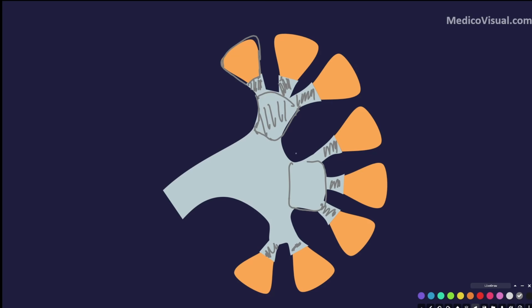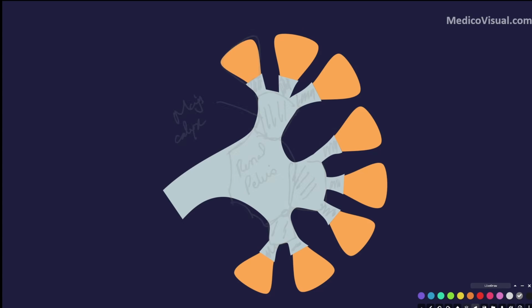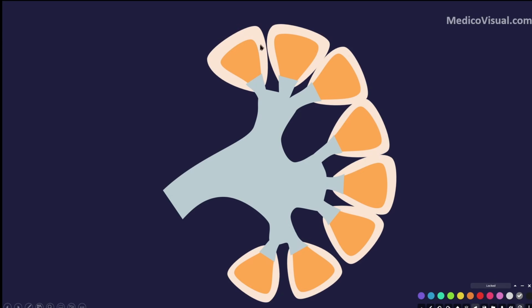So here is one major calyx. This is the other major calyx. This is also a major calyx, and it is also a major calyx. And all these three major calyces open into that basin-like structure called, what is this? Renal pelvis. And of course, don't forget that all these renal pyramids are surrounded by the cortex, and by extensions of cortex between the two pyramids. So these are the renal columns.